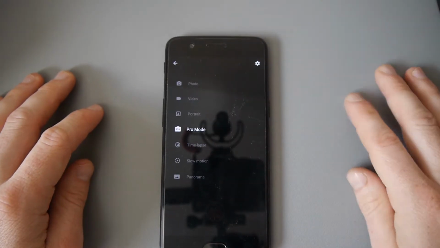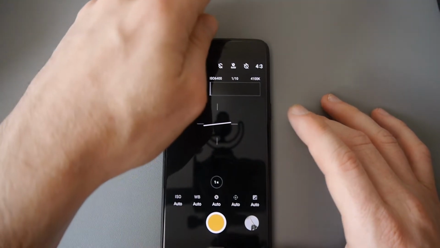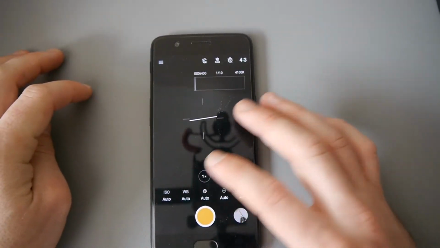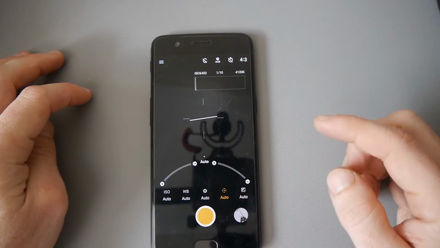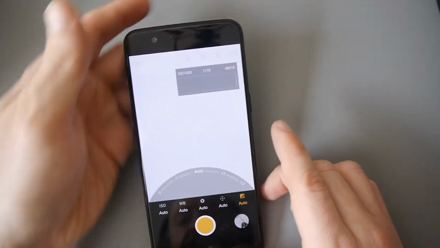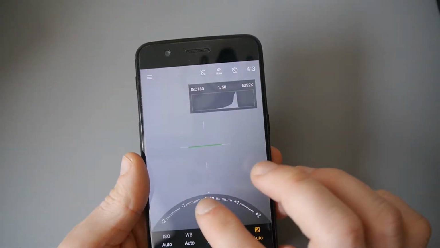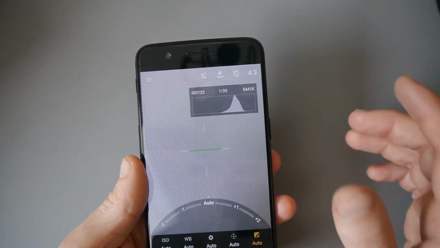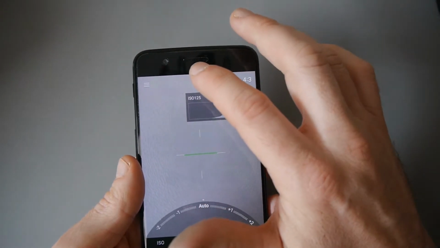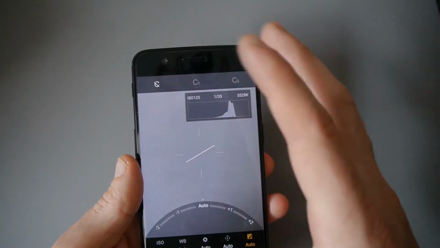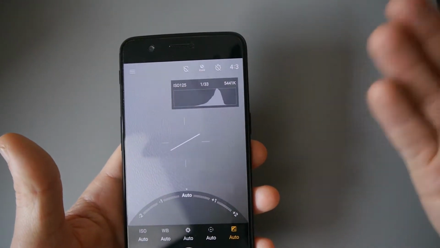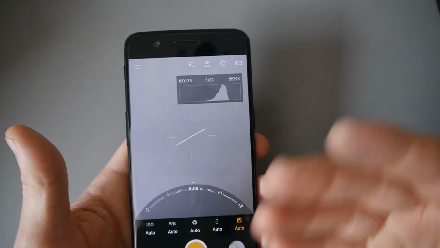Okay, Pro mode. This is where the top dogs go. At the bottom you've got ISO, white balance, aperture, focus, and exposure. And you can see the ISO will go up and down when you're moving around. You just kind of use it like a dial. Quite cool. You can shoot in RAW, set a timer, set the aspect ratio, and you can set custom. You can save any settings as a custom setting